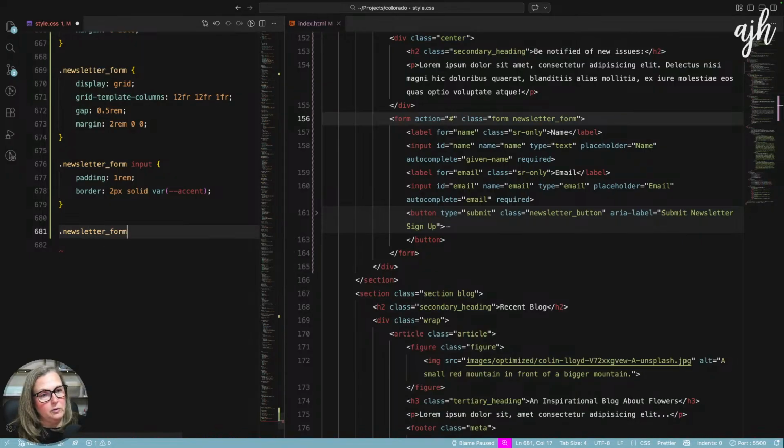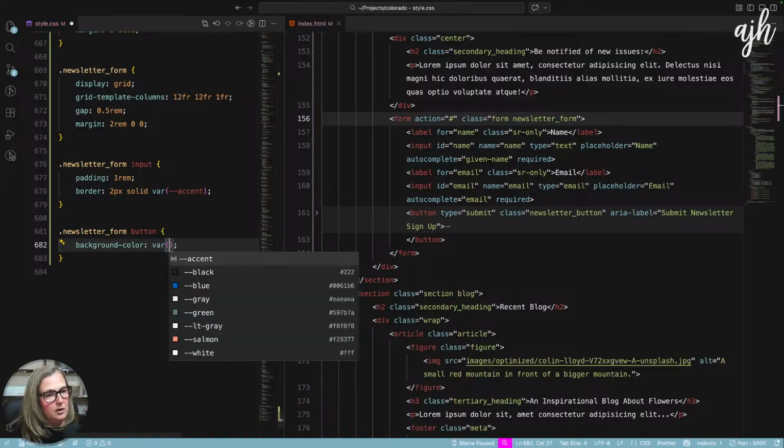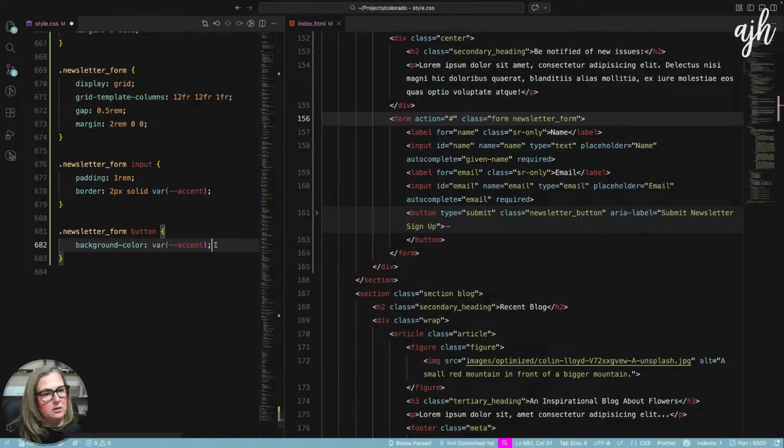Newsletter form button. And we'll give this a background color of our accent. What is our hover going to be if I do that?